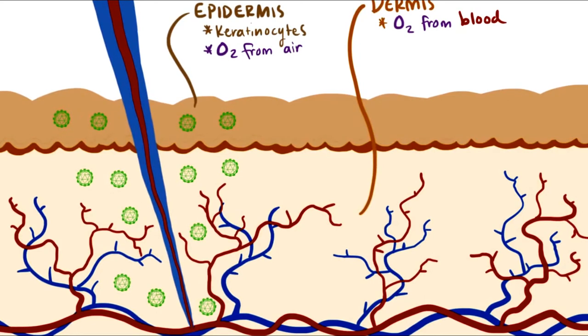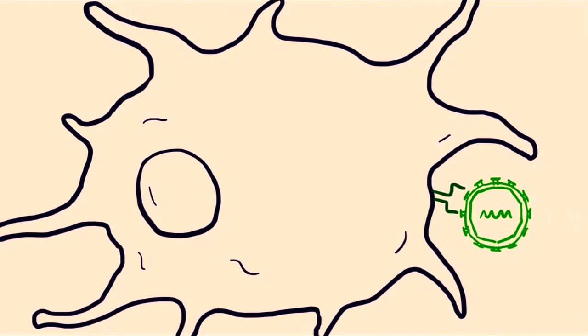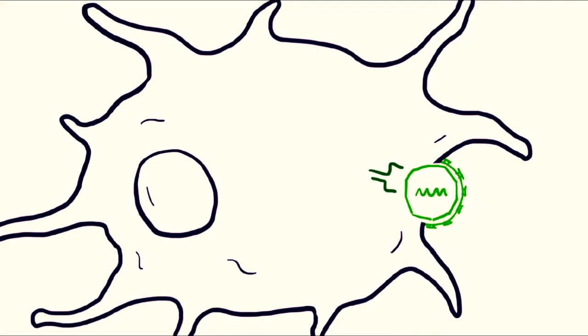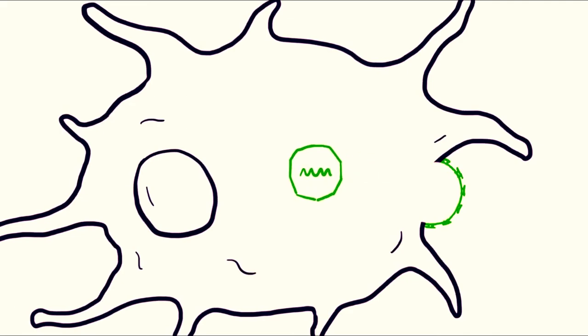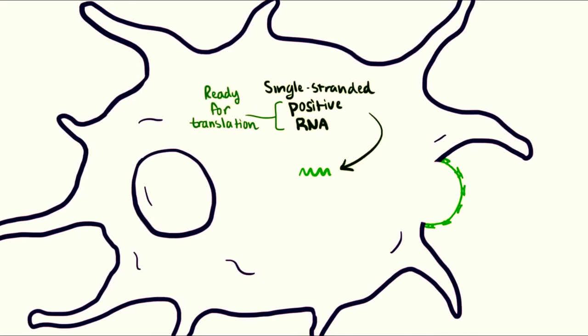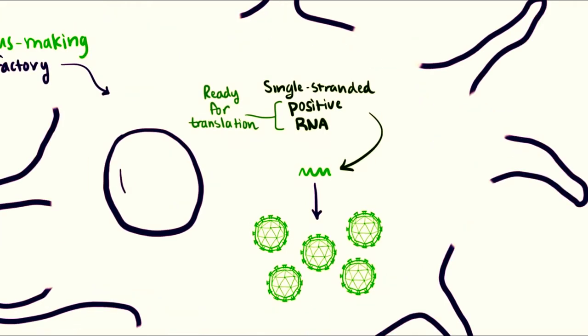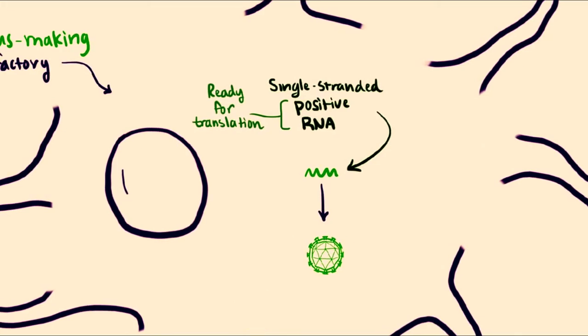So in addition to keratinocytes, fibroblasts and dendritic cells have also been found to be permissive to Zika virus, meaning they have some sort of receptor or attachment site that basically says, "Here you go, man, come on in." Now we still don't know everything about the Zika virus infection, but we do know that when it enters the cell, it injects a single-stranded positive RNA strand. Positive means that this piece of RNA is a lot like our own mRNA. It's basically ready to rock and get translated into proteins. The virus's genome is translated by our own cellular machinery into more viruses. Eventually, those cells-turned virus-making factories die, which actually ends up releasing more viruses to infect more cells.